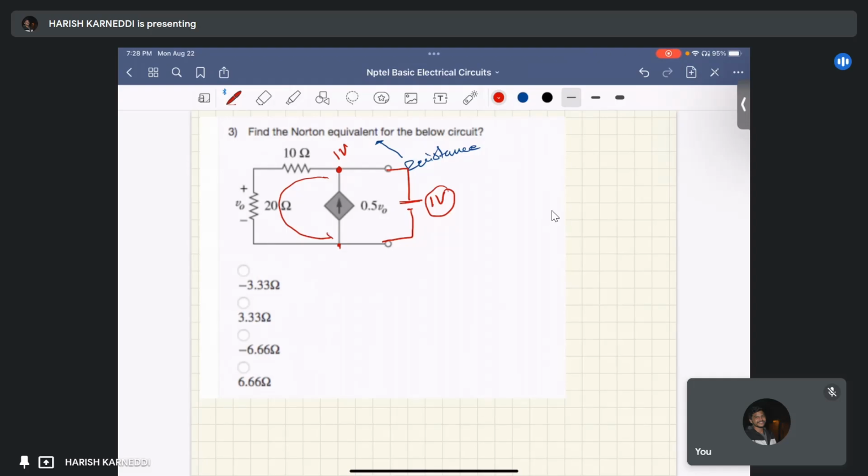So what is the current in this? Let us suppose this is loop 1. What is the current flowing in this loop 1? That equal to this voltage by total resistance, right? The total resistance here is